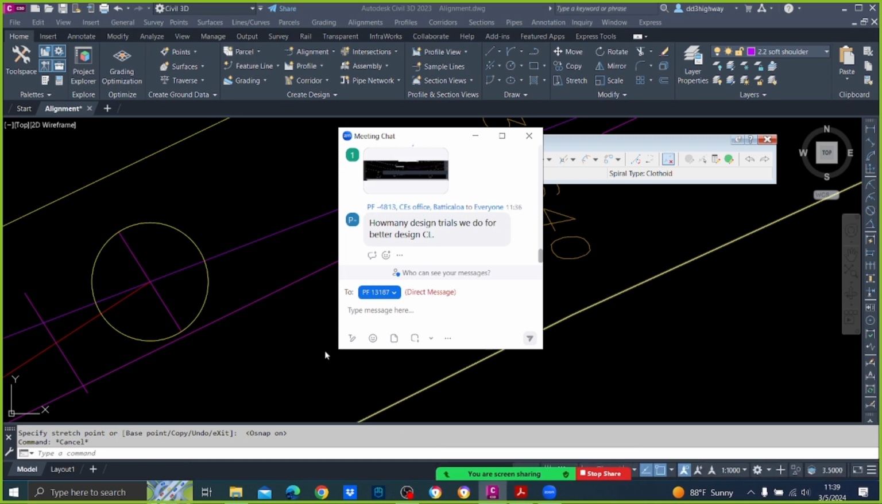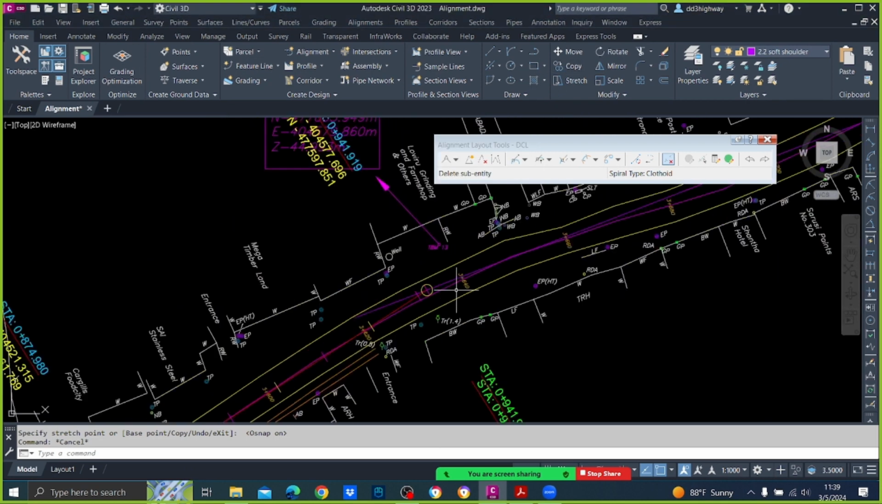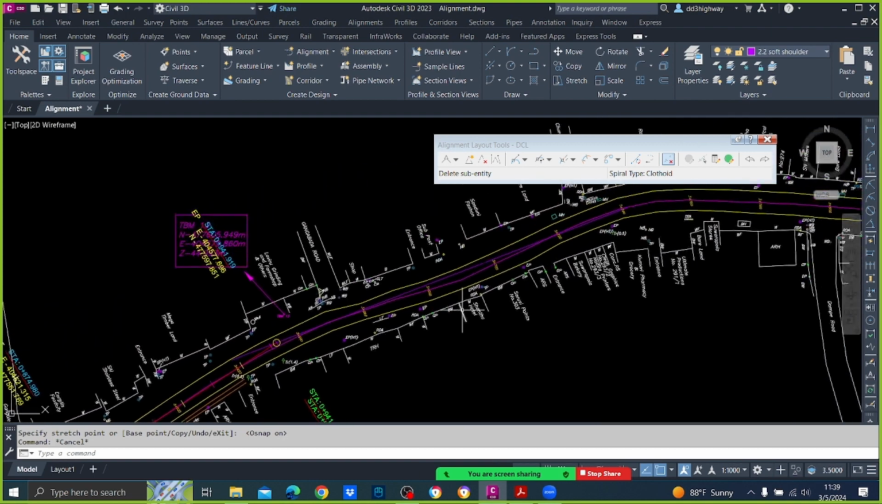How many design trials we do for better designs here depends upon your practice, right? So maybe it can be one shot if you have good practice, otherwise it can be 2 times, 3 times, 10 times, 100 times, 1,000 times. That depends upon your skills. Okay,